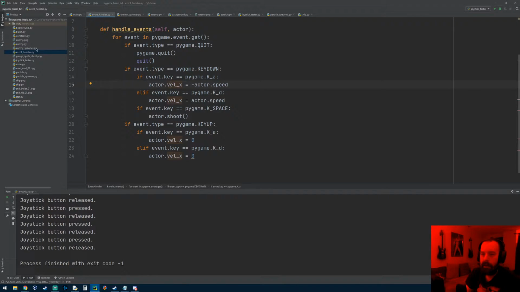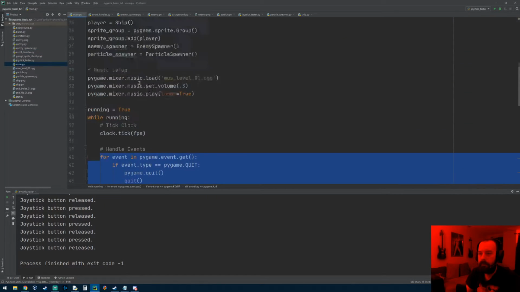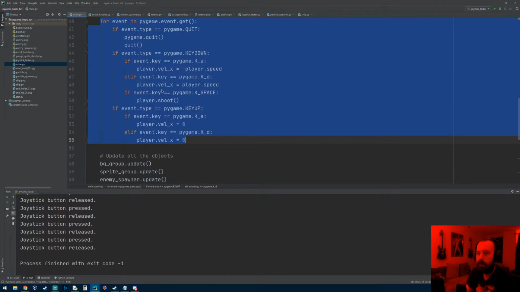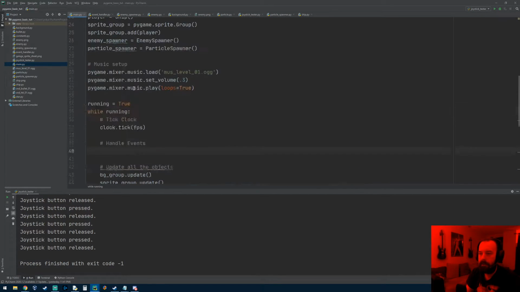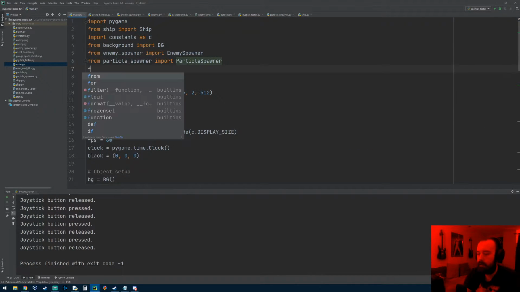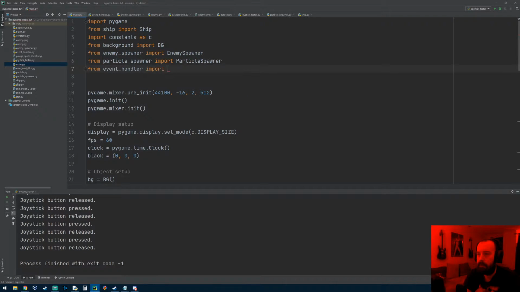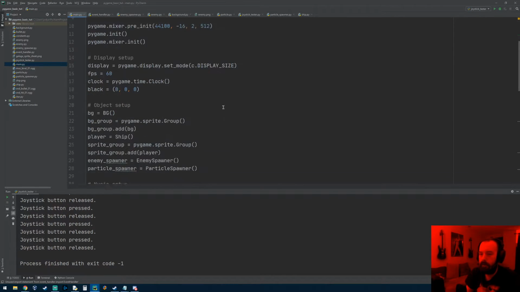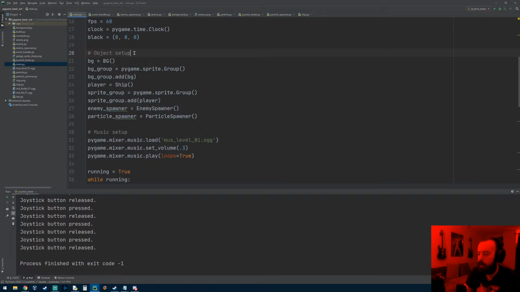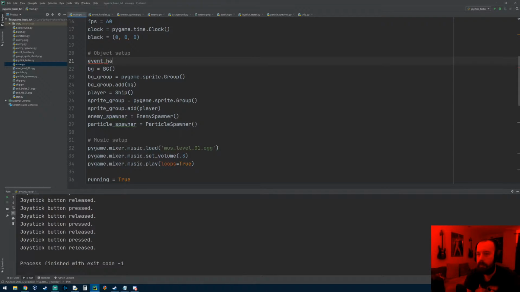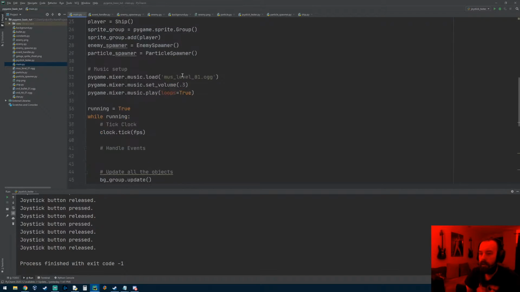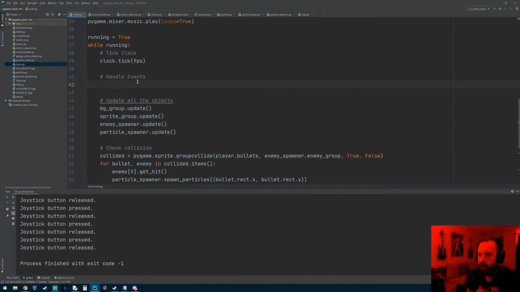So now that we have that in here, we can go to our main file. We can go ahead and erase all that in the handle event section, and from EventHandler, import the EventHandler object. And right on our object setup at the top, I'm going to put EventHandler equals an EventHandler object. And where all those lines of code, that's eventually going to be like 60 or 70 lines, we can just put